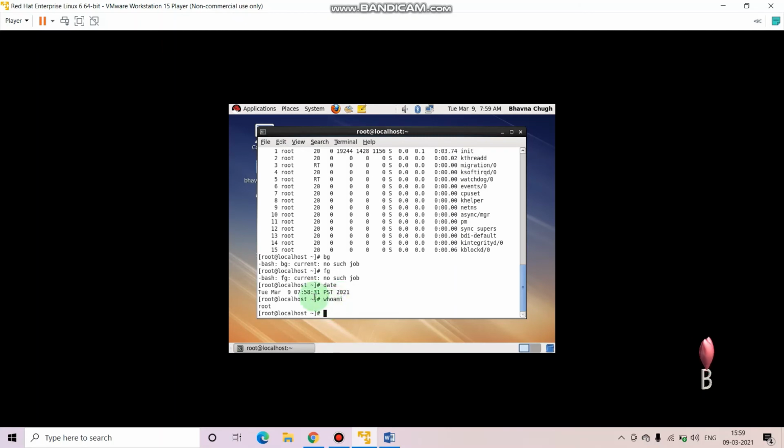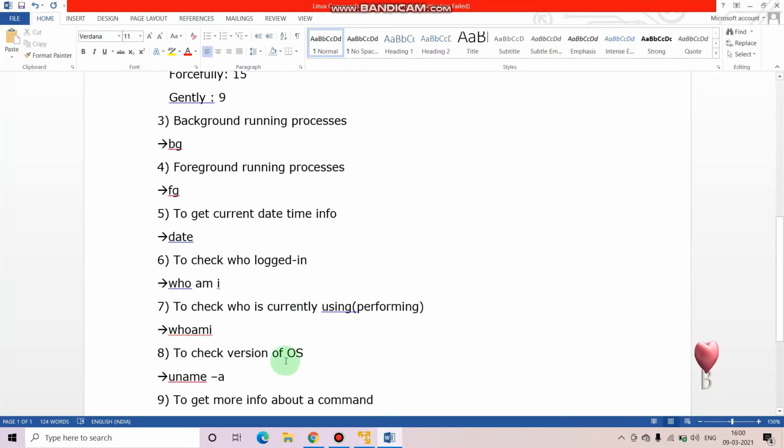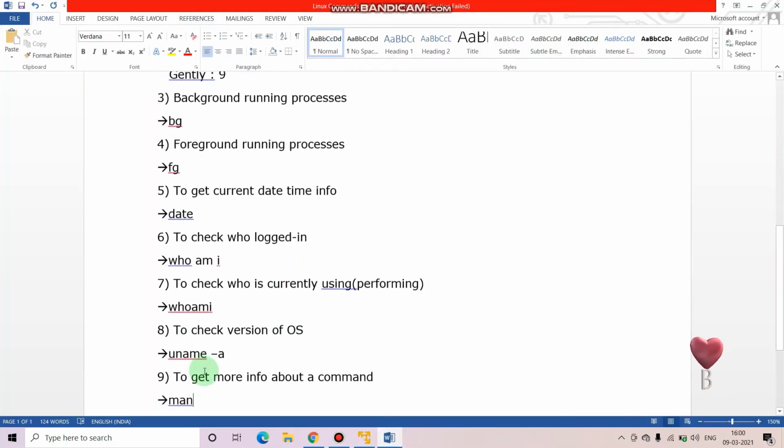To know which user I am currently working as, I will write whoami without space, and it will show Bhavna. So I have logged in with Bhavna as a user.